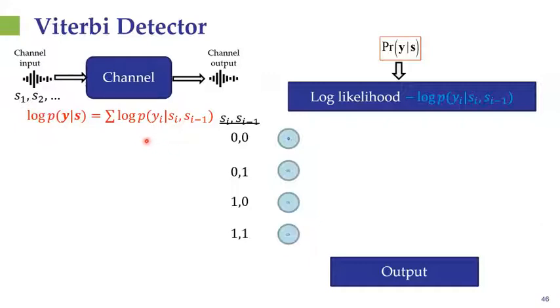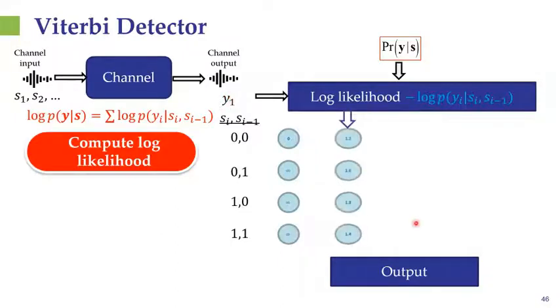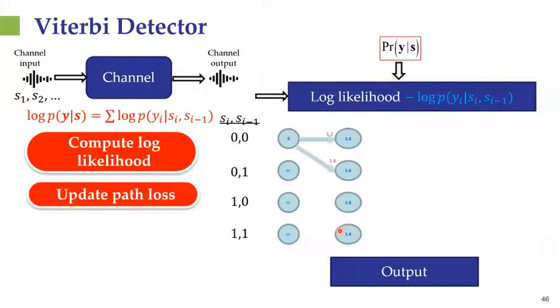And then what we essentially do is, instead of computing this quantity here, we compute the quantity on the right using dynamic programming. And what does it look like? Let's say we have this channel output, denoted Y1. We take this channel output and we compute the negative log likelihood for each possible symbol combination which could have led to this corresponding channel output. And we're adding this to this graphical form. Here we're computing these costs for each specific combination of channel inputs which could have led to that specific channel output. And then the next thing we do is we update this path along this resulting diagram, which is what's called the trellis diagram.